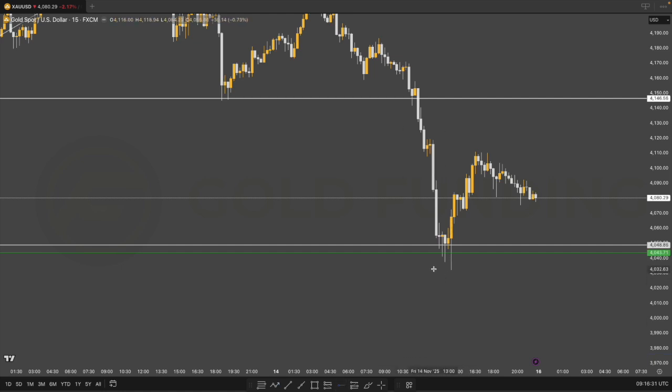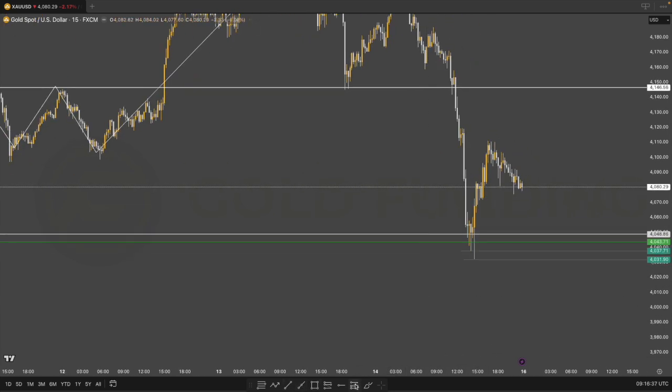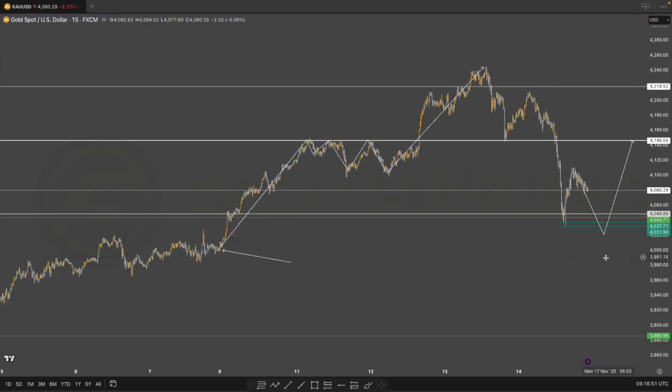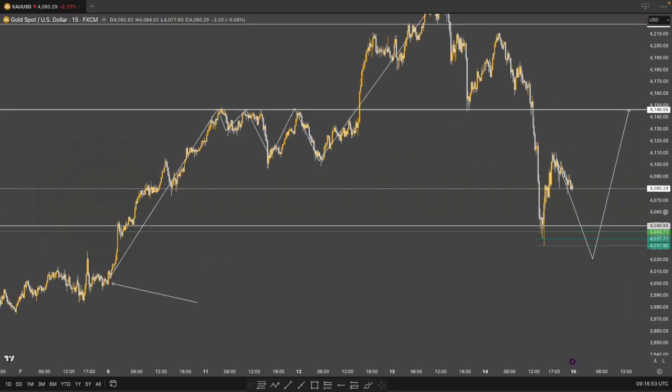Obviously now we do have low resting liquidity below these lows here, so we could potentially see a bearish continuation where price sweeps past these lows, and then finds a support area potentially at around 4,020, and then price pushes back up to that level of 4,145. I will say this now, that level of